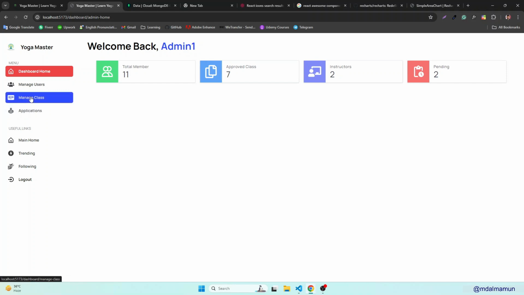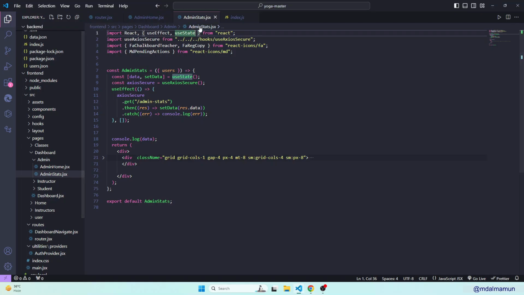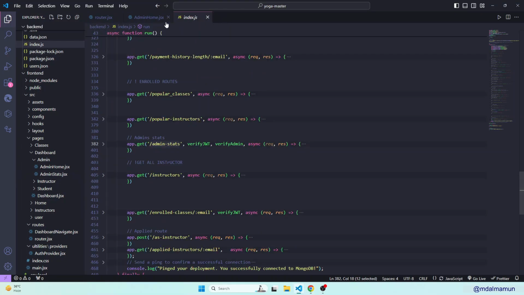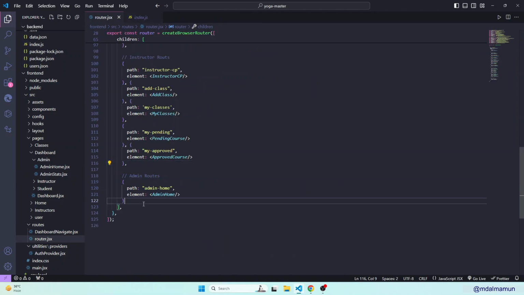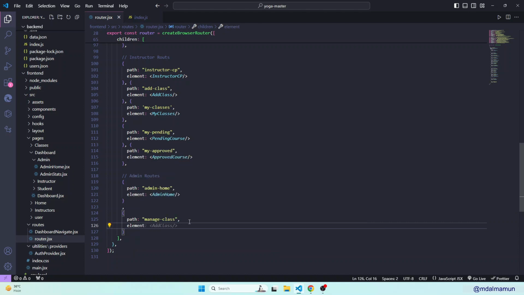So that would be, let's create the manage classes. So we'll design this route first. Okay, for this what we will do, we'll close all of these tasks and here we'll create a new route. So that would be a path. This path will be manage classes, and here we'll have to create an element. This element will be